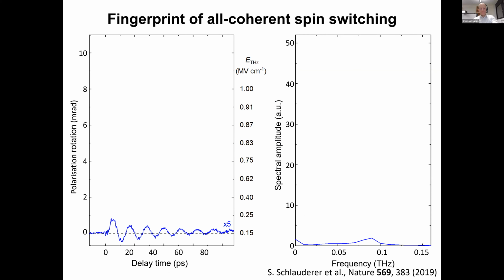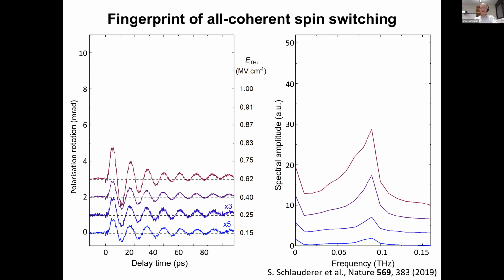We now increase the field amplitude to higher values and do actually an entire series on this antenna structure. Low field amplitudes in the far field lead to a coherent oscillation as shown here. As soon as the system is excited here at time 0, here on the right-hand side, we have the spectrum with the magnetic quasi-ferromagnetic mode here showing up. Now increasing the field amplitude, this trend continues. The oscillation becomes stronger, but it also slightly changes character, which you can also see right here in the spectrum, which slightly changes shape. There is a critical amplitude, in this case, 0.75 megavolts per centimeter in the far field,